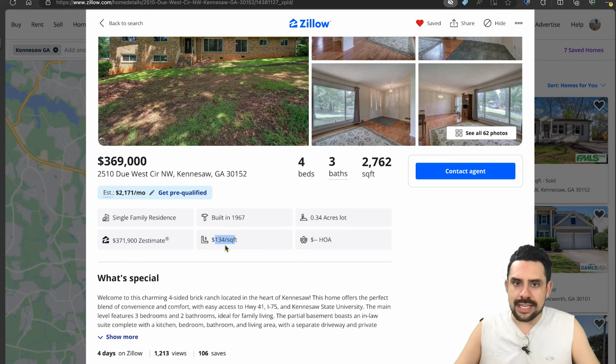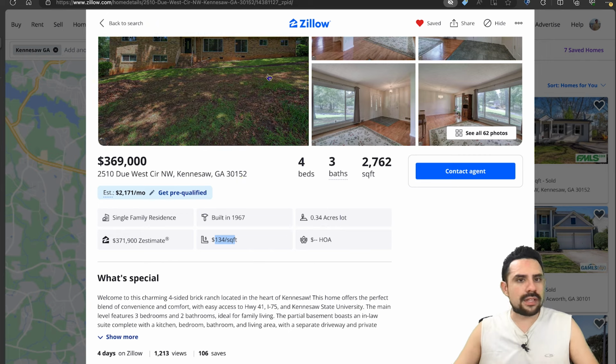Is it actually a good deal, just purely on square footage? A lot of factors go into this, including the condition of the home. So that's something we're going to look at in the pictures, as well as something I would look at in person,